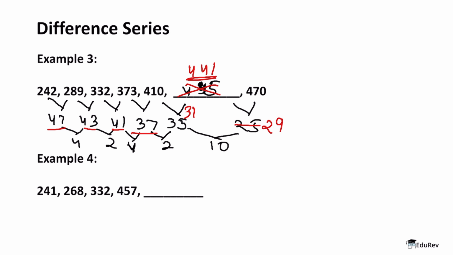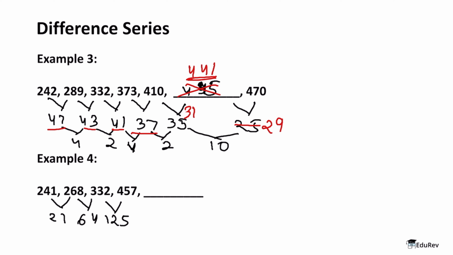Now let's look at example number 4. Here the series is 241, 268, 332, 457, and then so on. Again, the series is not increasing at a fast rate, so I will apply the difference method logically. Let's do that. So here we can see the difference is 27. Here the difference is 64. Here it is